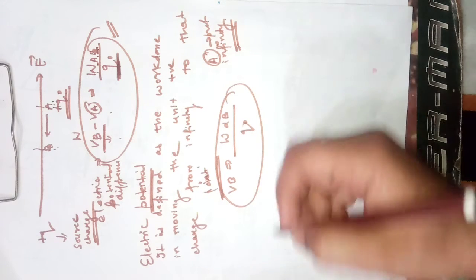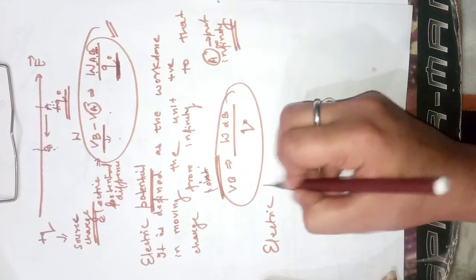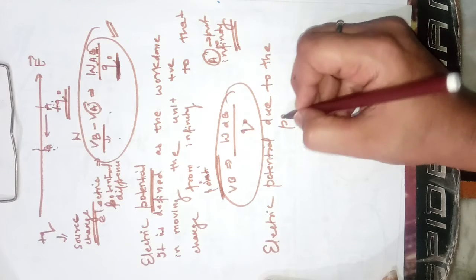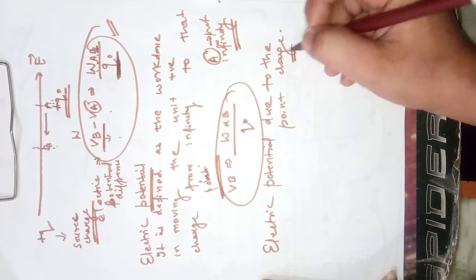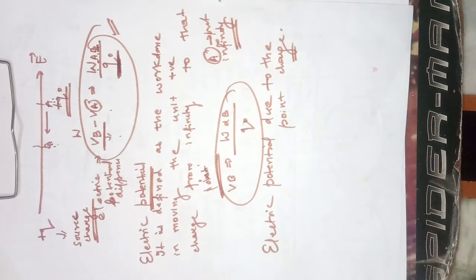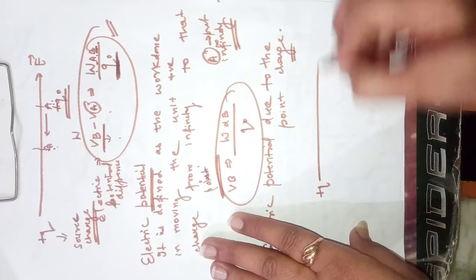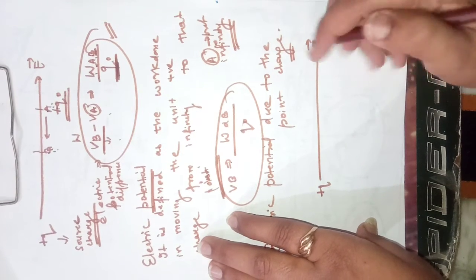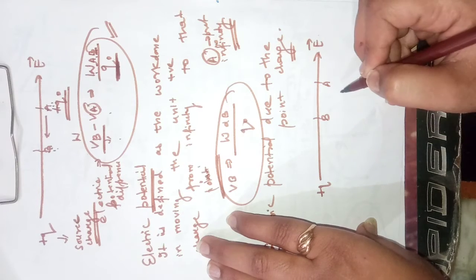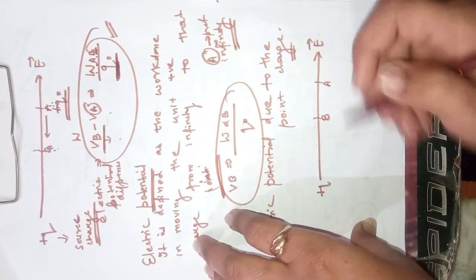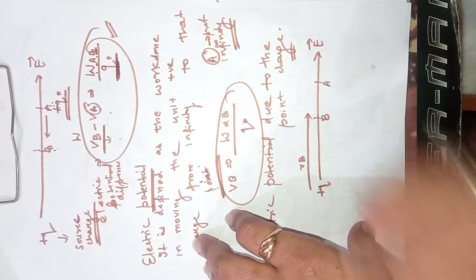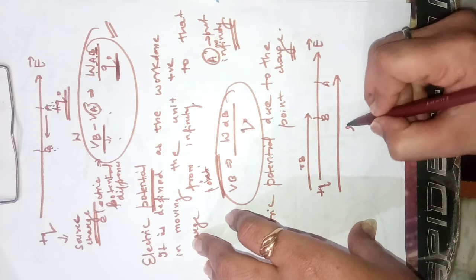What is the modification or what is the derivation of electric potential due to the point charge? How are we going to prove this thing? Again, we consider a positive charge, some electric field generated due to this charge, 2 points, point A and point B. The distance from the source charge to point B is RB. The distance from the source charge to point A is RA.